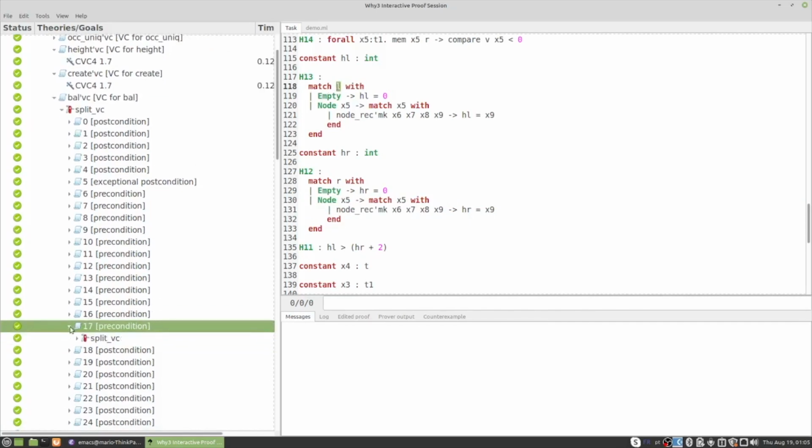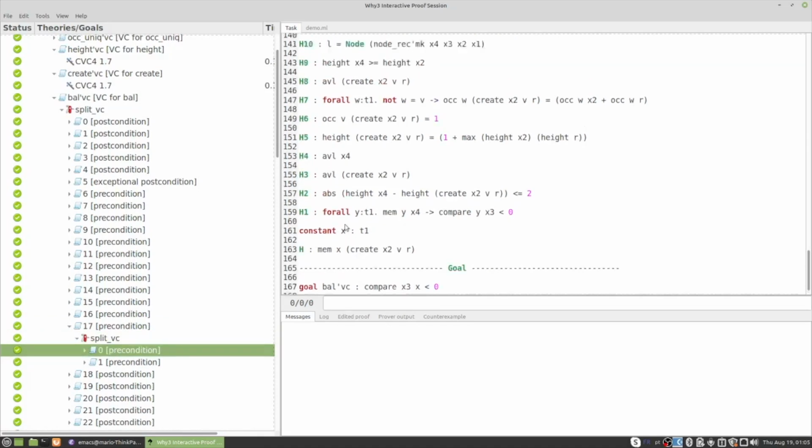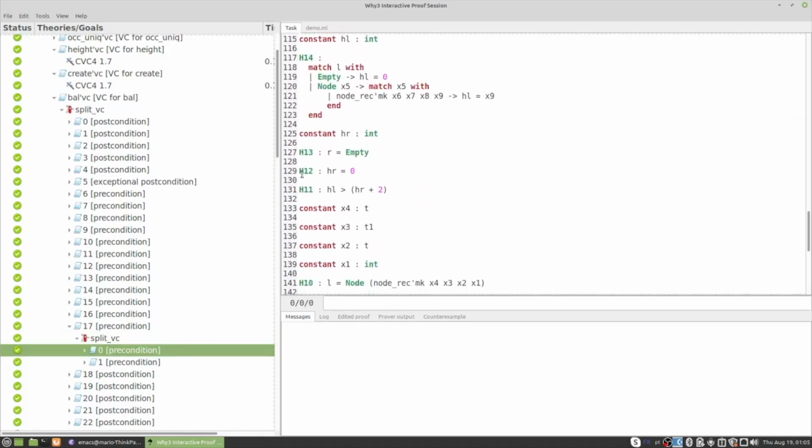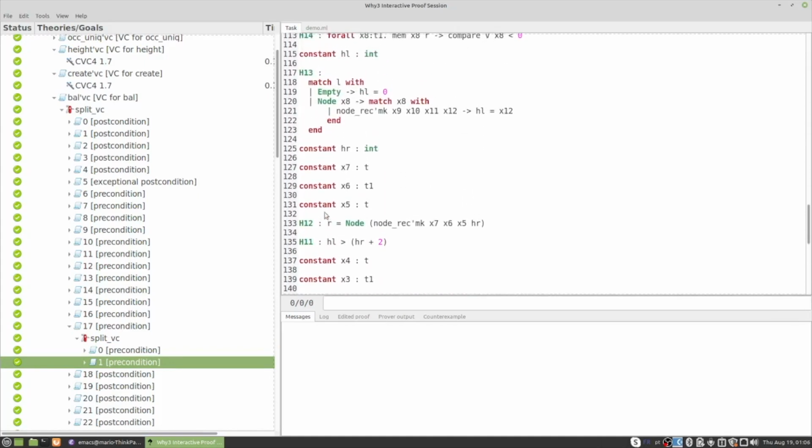So if I do another split here, I call the split transformation, I can now go into one of the two generated new verification conditions. All right, and for instance, if I go up, now I see that H12 is no longer a pattern matching, and now I see that I'm in the case where R is the empty tree,